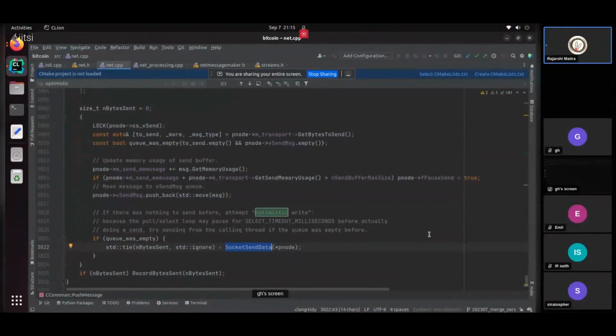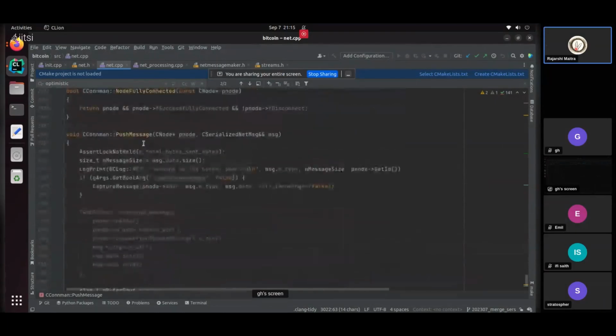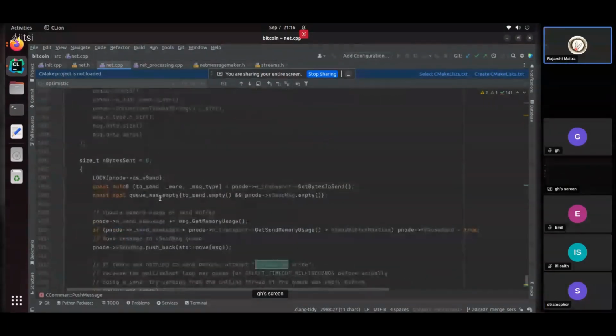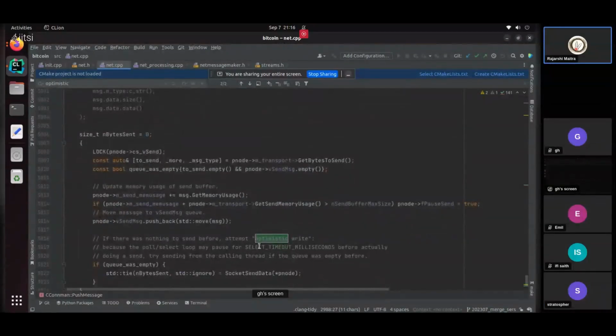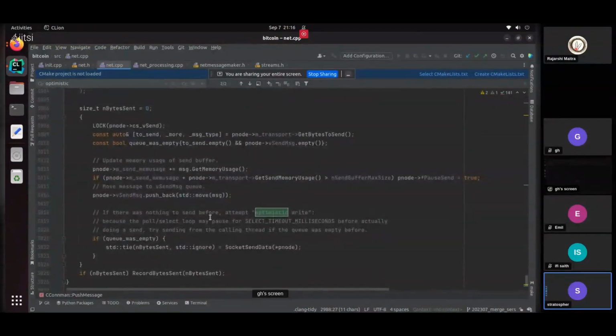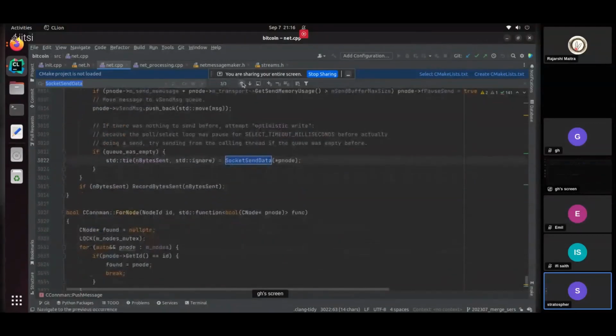Now if it's an optimistic write, then we can push anything from the message handler. We see if there's anything else in the send queue; if there's nothing, we immediately send it, because otherwise socket send data is called